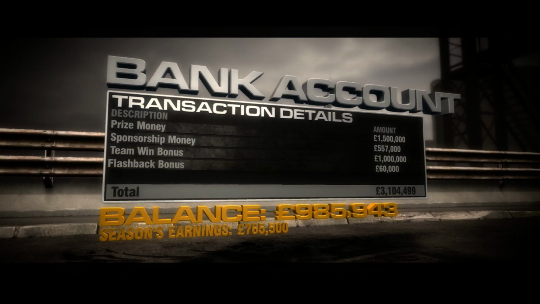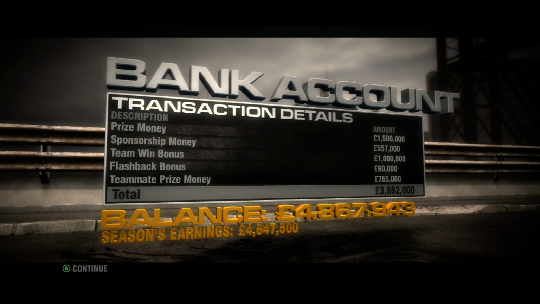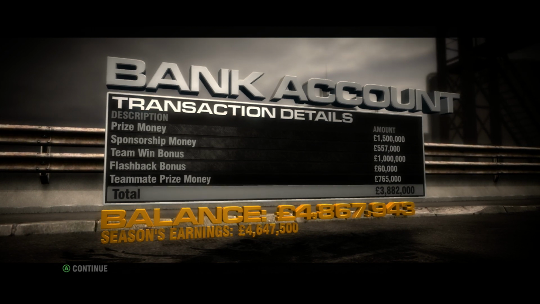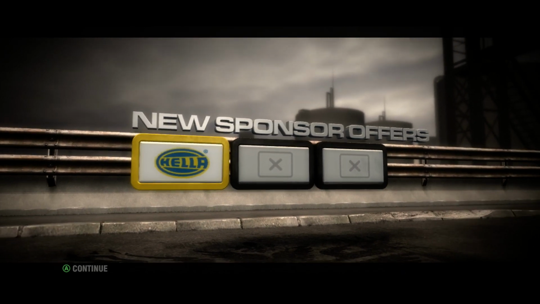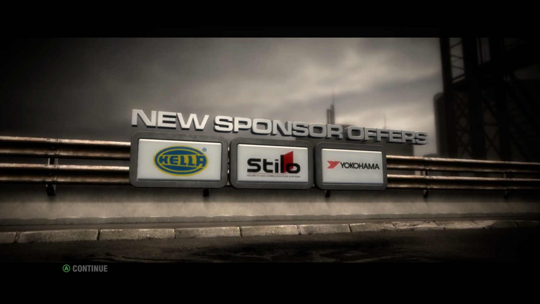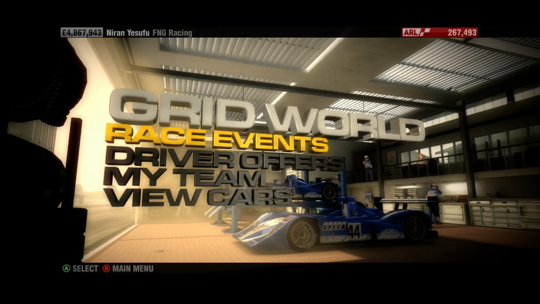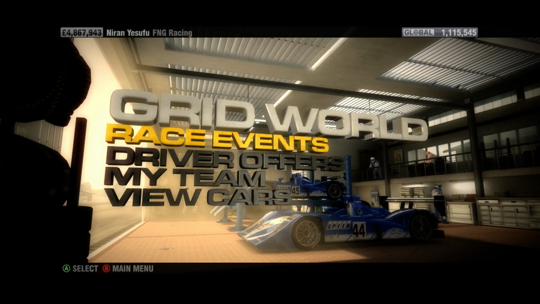And in terms of the bank account, jeez Louise. We've just earned more than the money we got back. That's incredible. We've just earned 3.8 mil. And we paid 3.4 for the car. That's quite incredible. We've actually got more money back somehow. As you can see, new sponsor offers are coming in as well. Hella, Stilo, and Yokohama. Anyway, that draws to a close then this episode of the Race Driver Grid original walkthrough